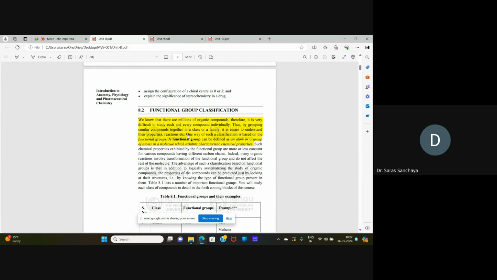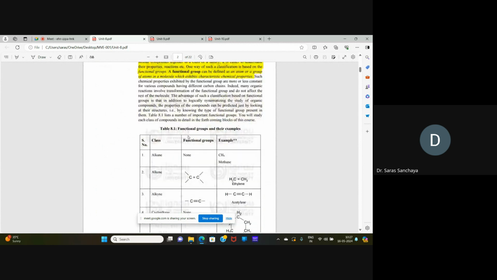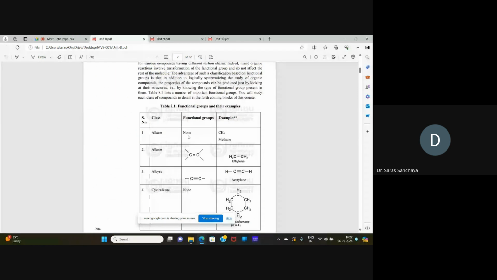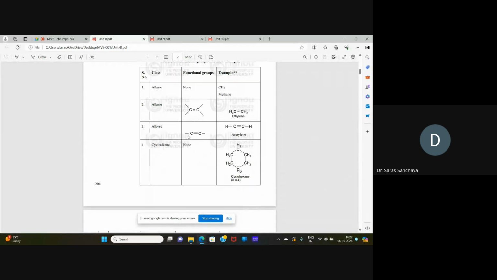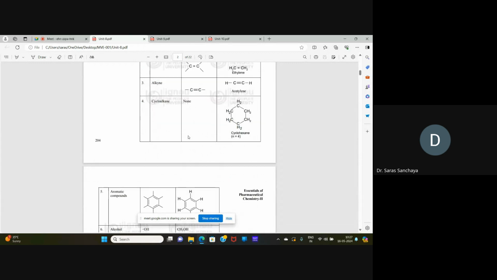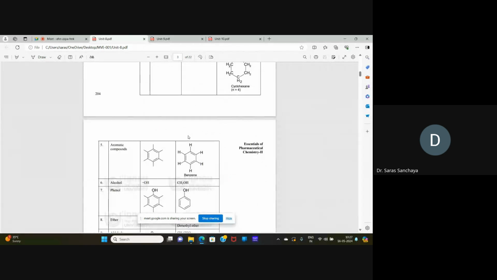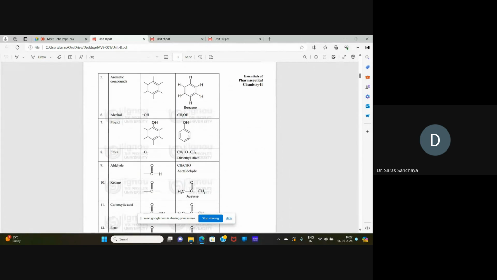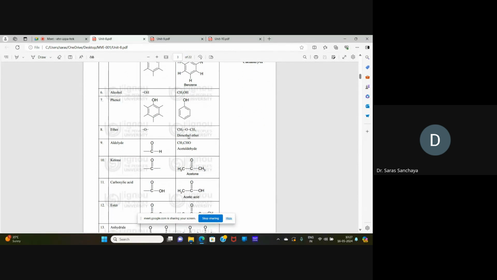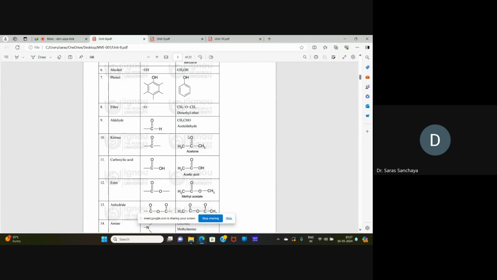chemical properties. For example, alkane with no functional group, alkene with an ethylene type of functional group with a double bond, alkyne with a triple bond, cycloalkanes, which are organic compounds, aromatic compounds, alcohol with OH group, phenol, an aromatic compound with OH group, ether with an O group, aldehyde with CHO group, ketone with a CO group, carboxylic